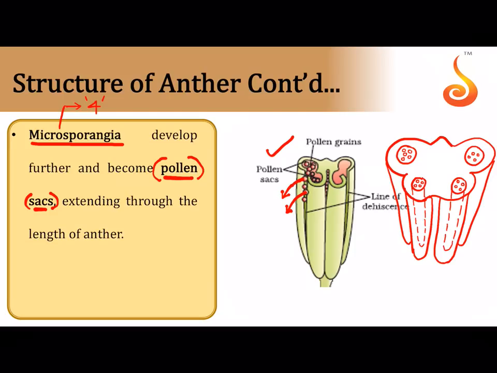Each cylindrical structure is a theca or a microsporangium, and this microsporangium later, what does it become? It is filled with pollen grains. So when the anther is mature, we should now call the microsporangium a pollen sac, and you know the connective that is present in between, which joins the lobe on the left side and the lobe on the right side. Okay,